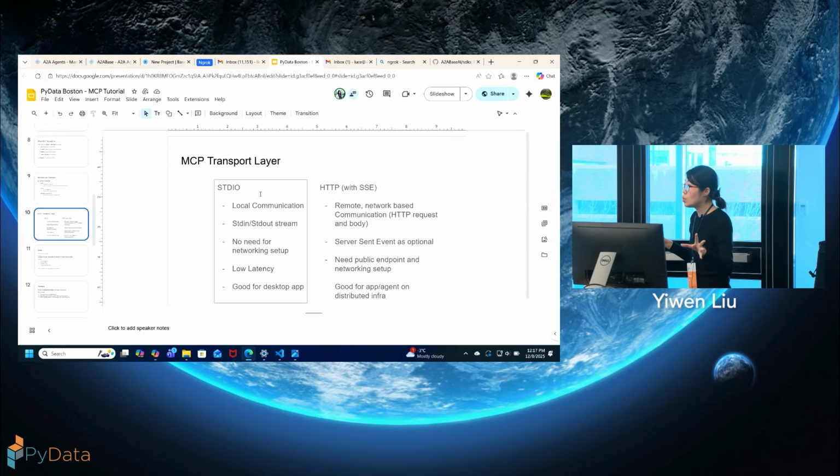This is when you have the server and client on the same machine, so it's communicating locally, which is why it's fast.